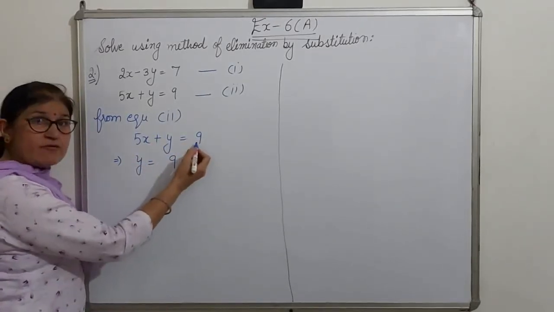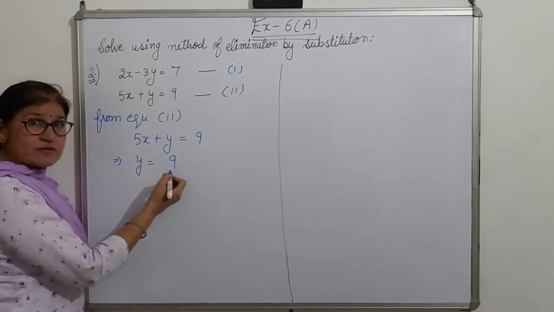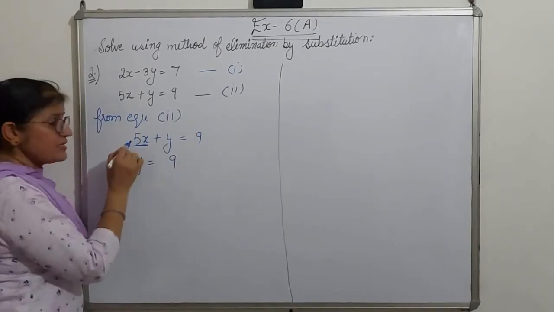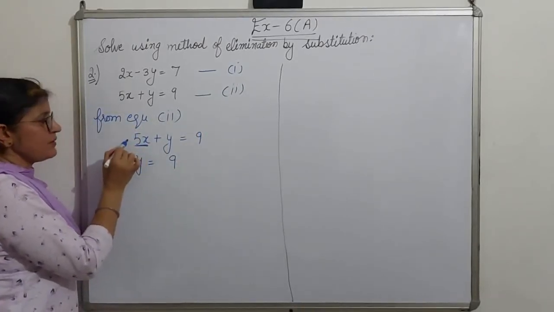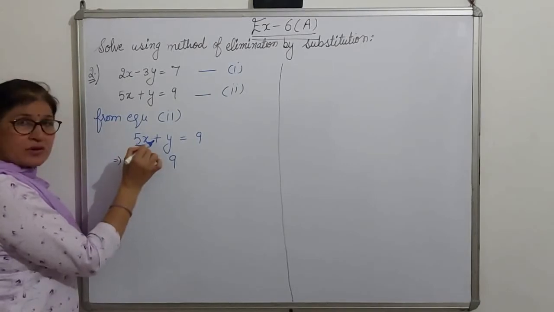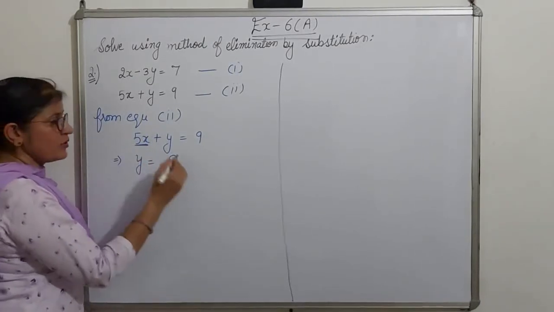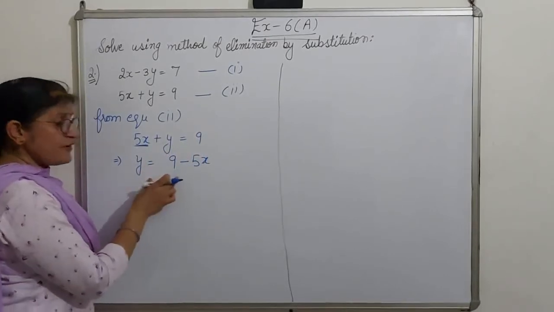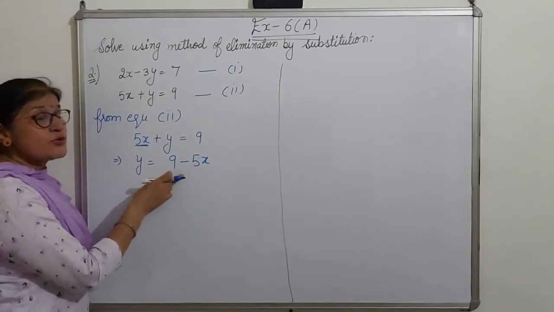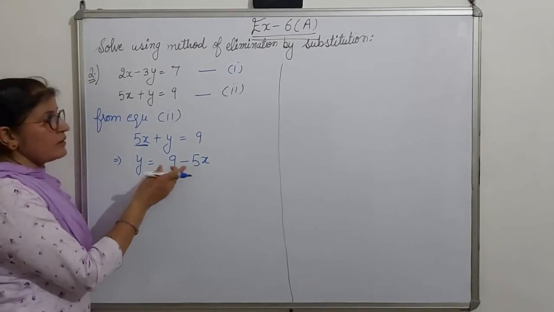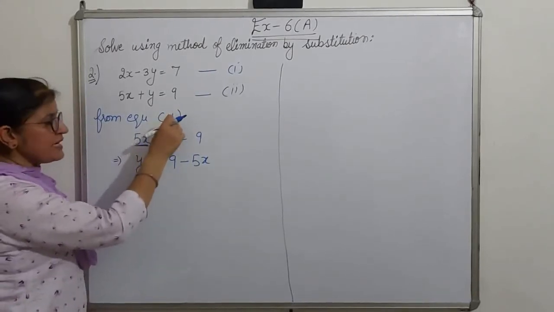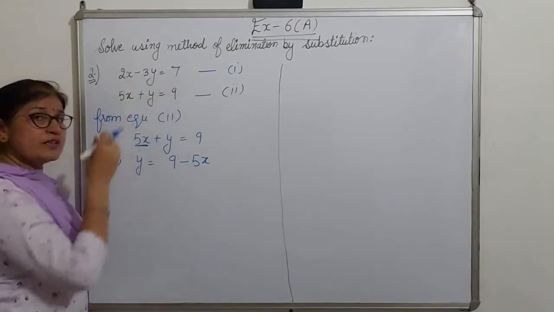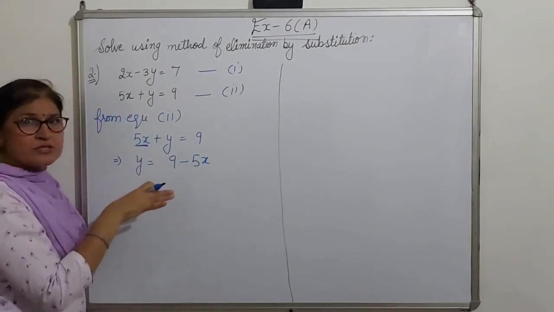Whichever term is here first, write that term first. Now this term we are transferring that side. So it is in plus. You have to always see the sign in front of the term, not this one. Here it is in plus, so it will come in minus. Understood till here? Now this value of y you have to substitute in which equation? From second equation we have calculated y. So this y value you have to substitute in the another equation which is not used till now.